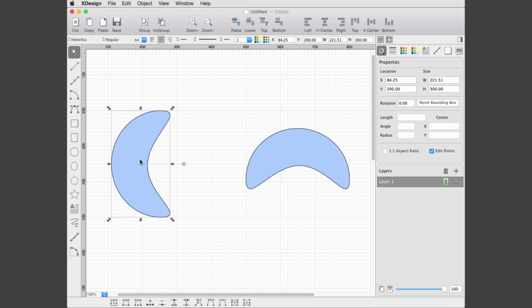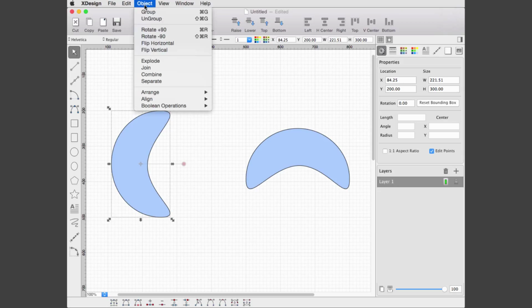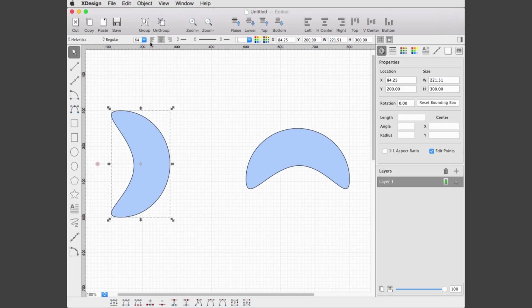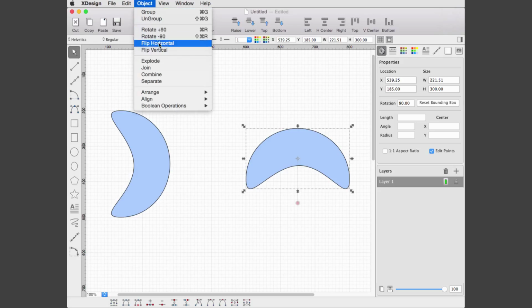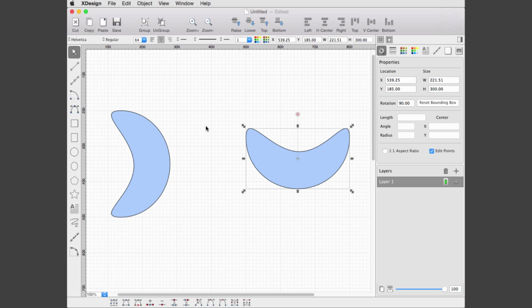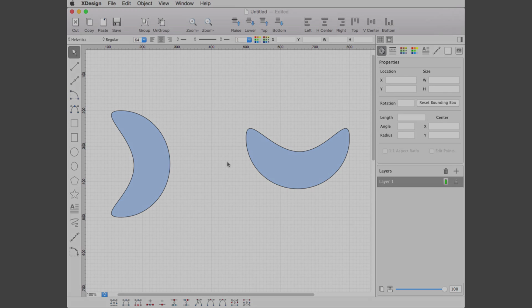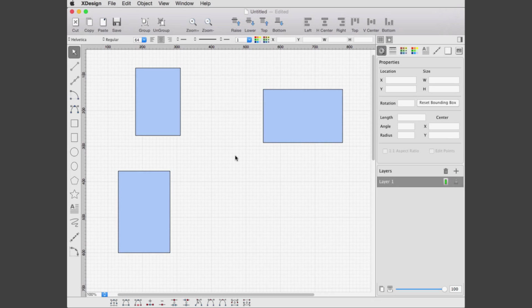Shapes can be flipped horizontally or vertically. Flipping shapes is the same as mirroring shapes across the X or Y axis, with the origin as the shape center itself. Shapes can be aligned left, right, or centered with respect to each other. Multi-select the shapes you need to align and press the required Align button to align them.